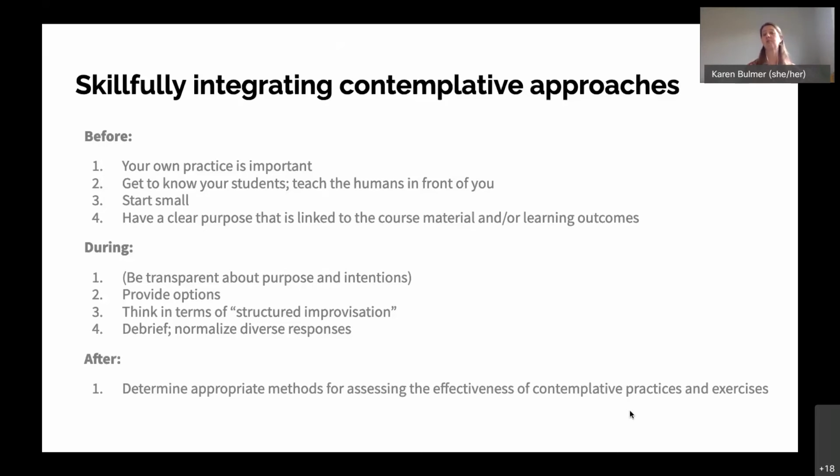that will come out if there's a journal component to a class; you may see it there. I will often see it in course evaluations, and particularly midterm check-ins. I like to do midterm evaluations, and so I will quite often get a sense there of whether or not these practices are effective. What's effective? What do they like? What do they not like? Those sorts of things.